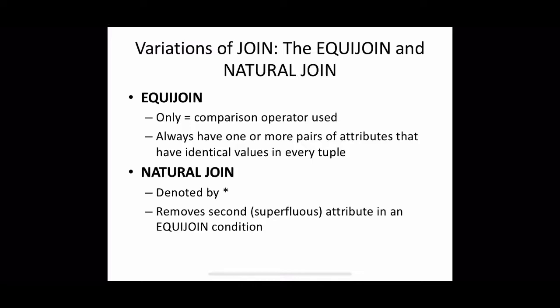But if this is the case, that is, different names are there for the joining attributes in the two relations, first we have to apply renaming to get a common name for both joining attributes. Then only we can perform this natural join operation. So there is no need of specifying any condition. We can simply perform the natural join operation using the star symbol. We just need to specify the joining attribute name alone, because the same name will be there in both relations, right? So just specify the name by which these two relations should be joined. By using this join, we can eliminate the second redundant column.